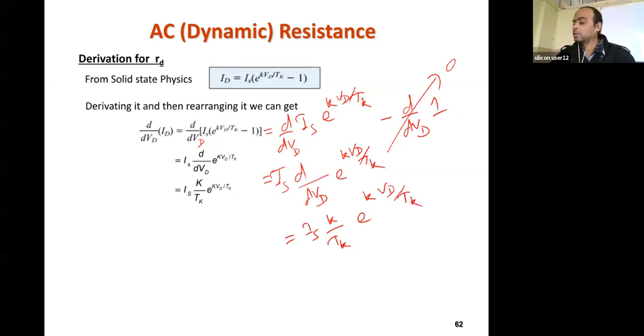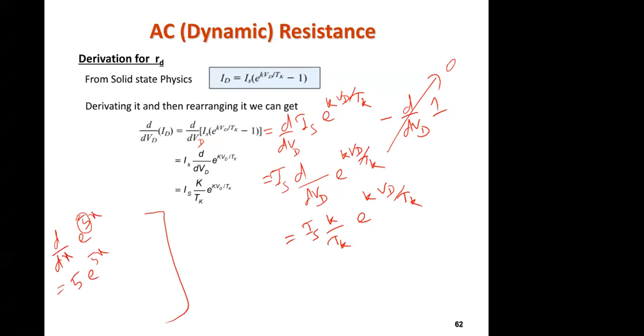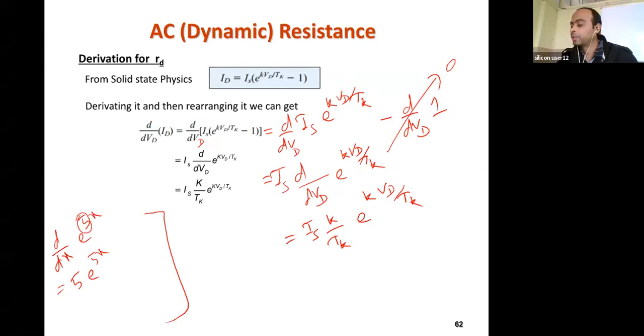So this is just a concept of derivative, as I explained here: d by dx of e to the power 5x will be equal to how much? This 5 term will be outside, 5 e to the power 5x. These are simple calculus, mathematical calculations which are there in plus 2. So you should be clear about this. If you are not, please go through that.